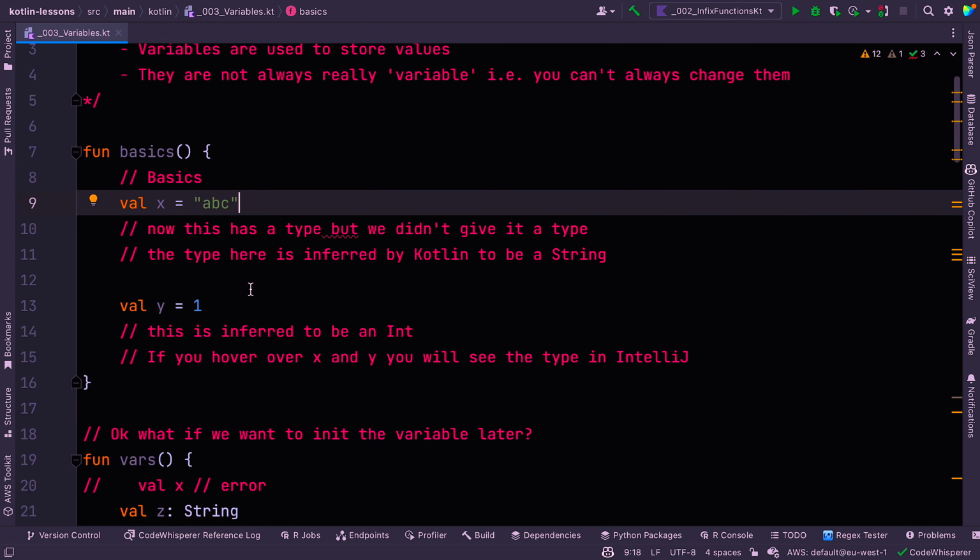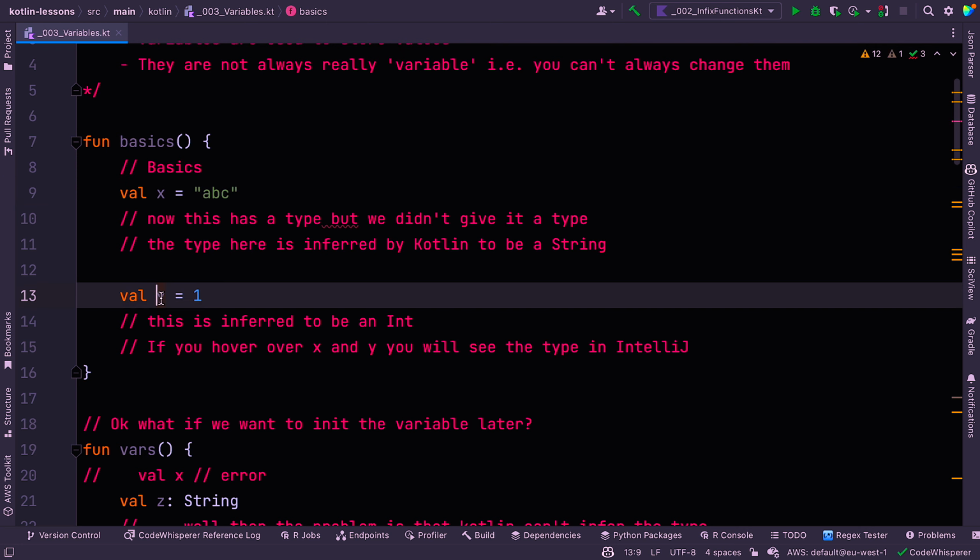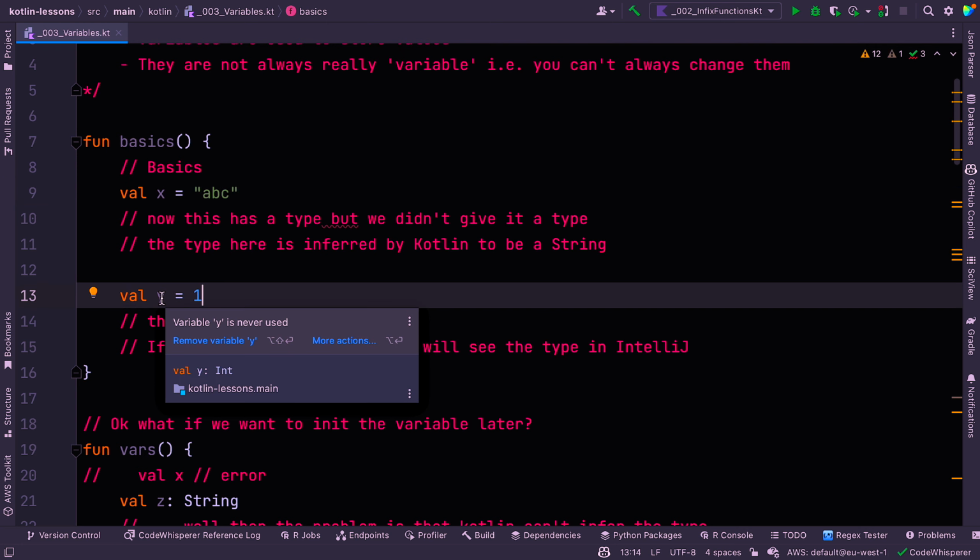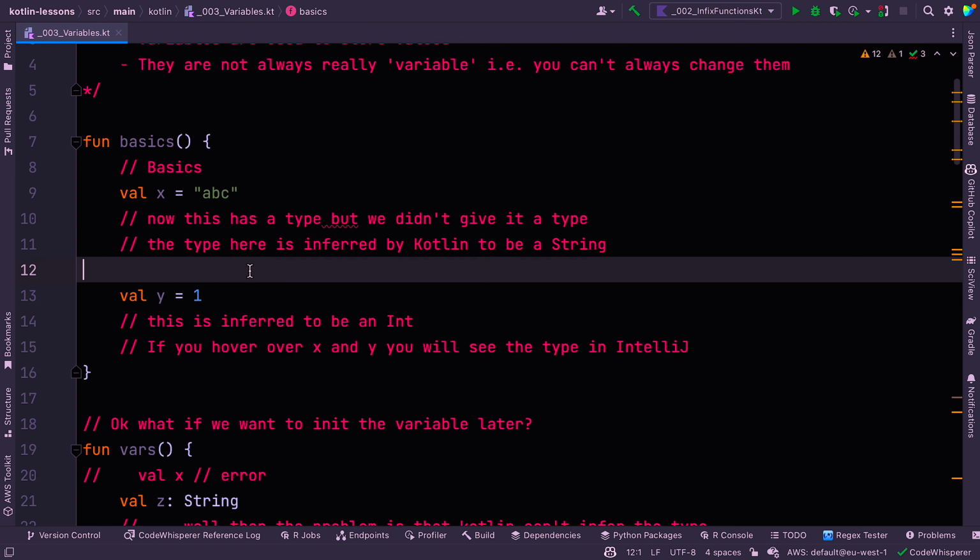Now, if we look at this one here, this is a variable called y, and it holds the number 1. And let's see what Kotlin has inferred that to be. And yeah, it's inferred it to be an int. So it's inferred to be an int because it can clearly see that the value that you've assigned it is